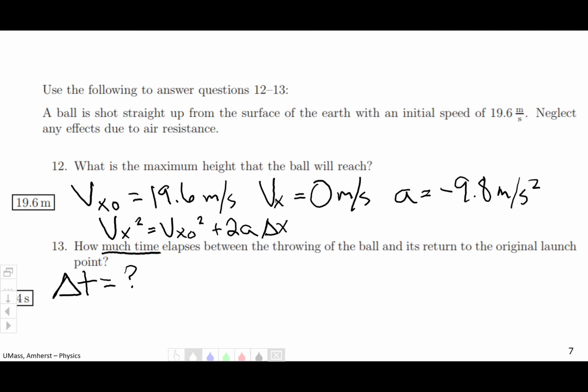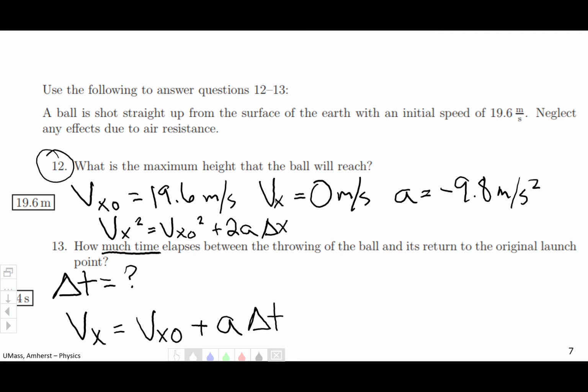So we can say Vx equals Vx0 plus a delta t. Now we have to be careful and understand that if we're using the information provided in number 12, we're only finding the time that it takes to get to the top position,